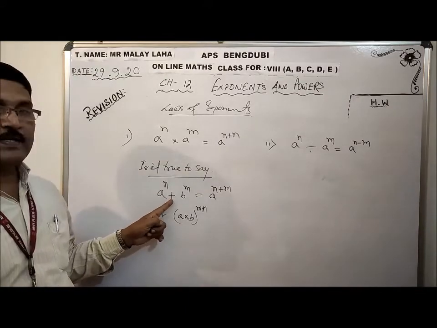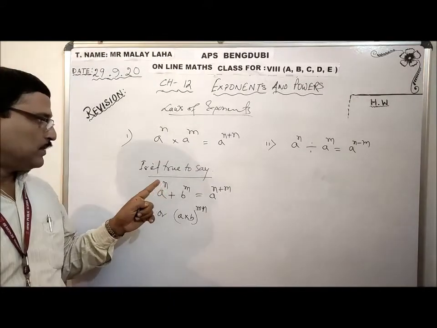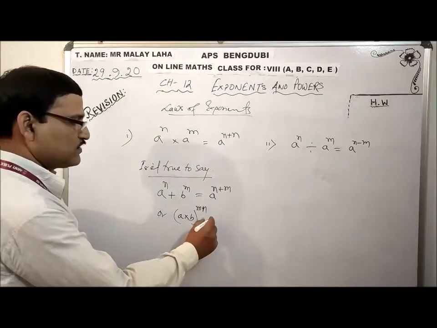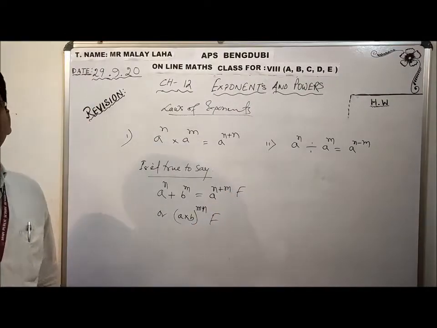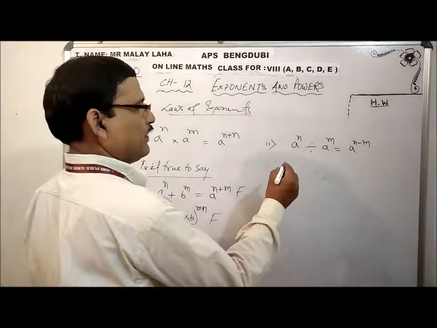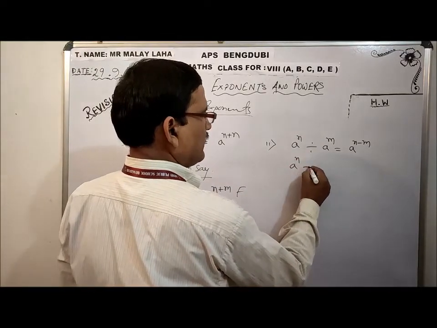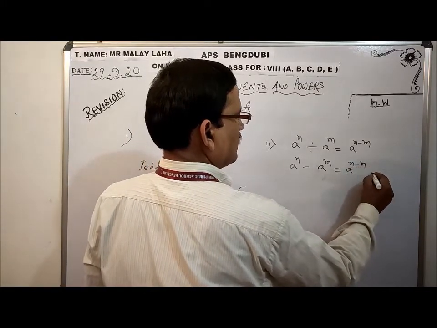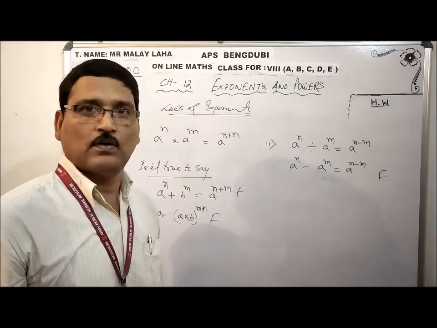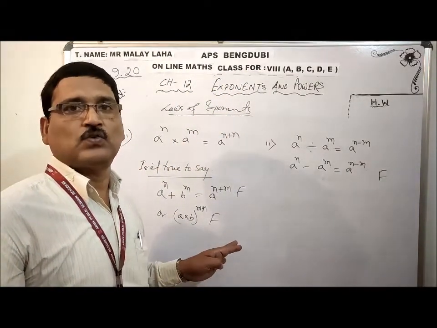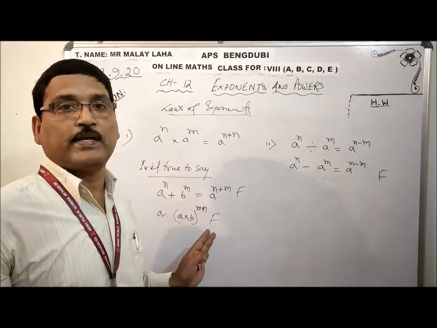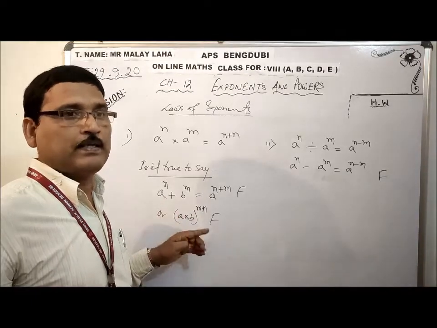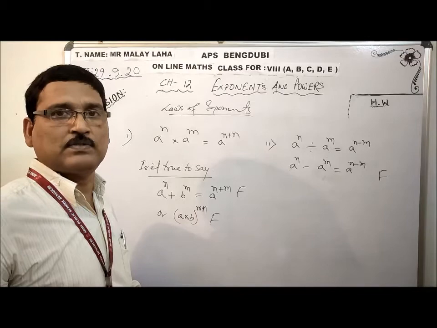So in case of plus and minus, there is no law. The law we know for multiplication cannot be applied here. So it is false. Clear? Same way, if I say a raised to n minus a raised to m equals a raised to n minus m, it is also false. In case of plus or minus there is no law, so you have to calculate individually. When exponential form is there, break down the number into a standard normal number, and then if it is a plus, you add; if it is a minus, you subtract.